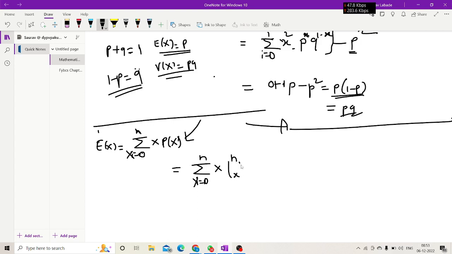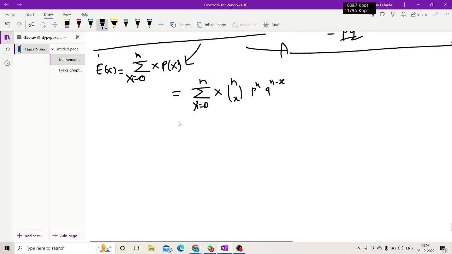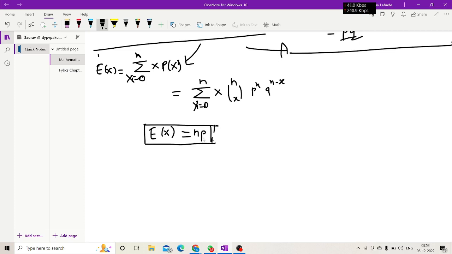It is nCx, p raised to x, q raised to n minus x. If we solve all this, then you get the expectation of x equals np. Expectation of x is np, and variance of x is,